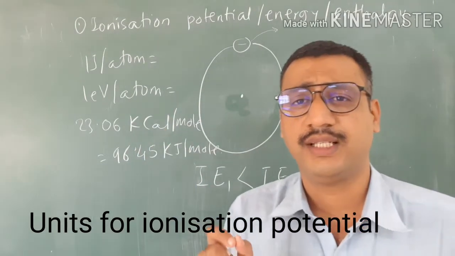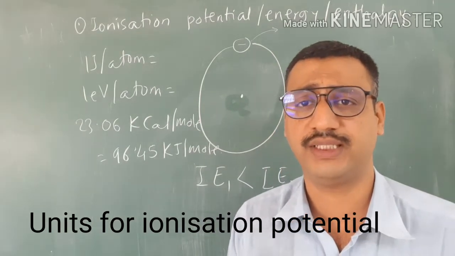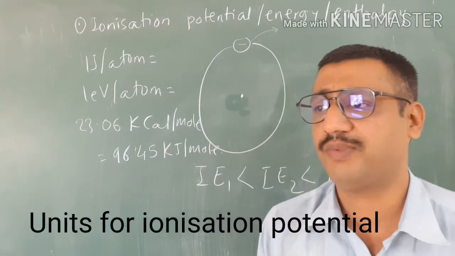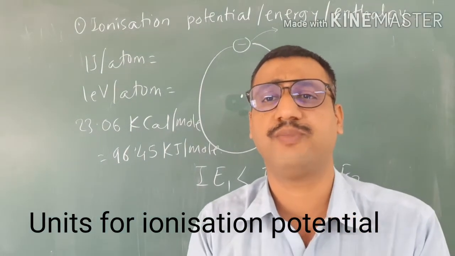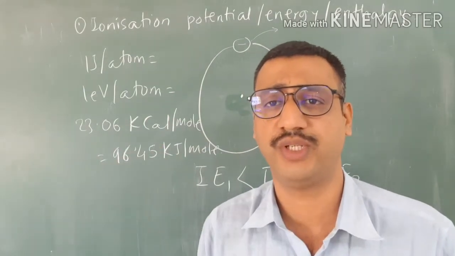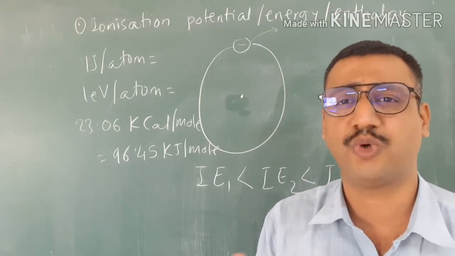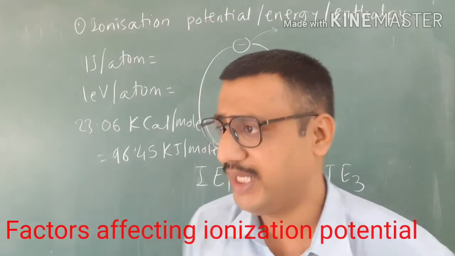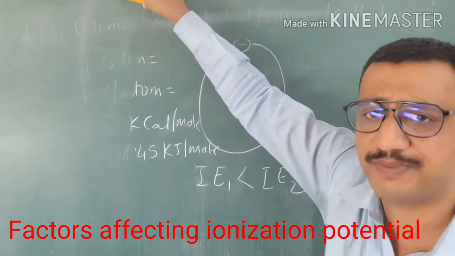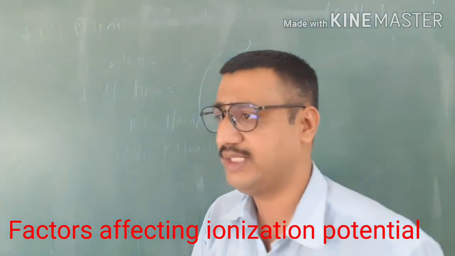Next thing is that the discharge tube experiment is carried out to determine the values of ionization potential. The most important part here is that the questions will be of the type: compare the ionization potential values, for example the first ionization potential of oxygen and the second ionization potential of fluorine, which is greater, which is smaller. So how to compare these things, that's the core part of the topic. To compare the different ionization potential values of the same or different species, we should know the factors affecting this ionization potential.